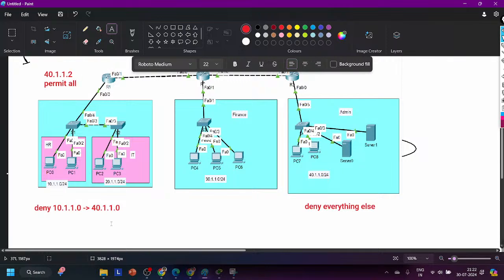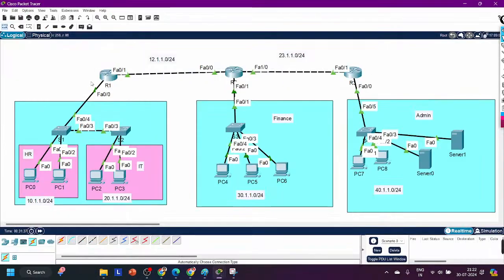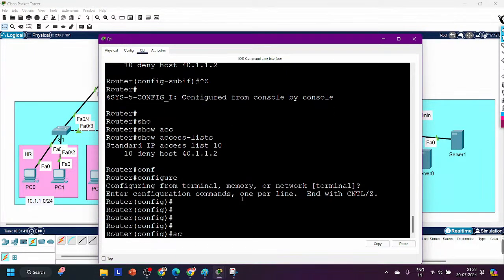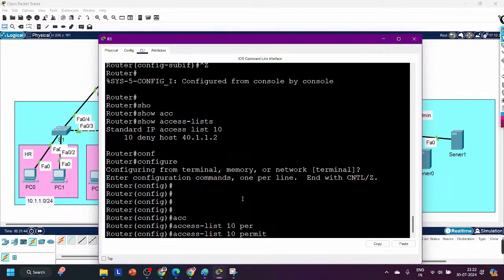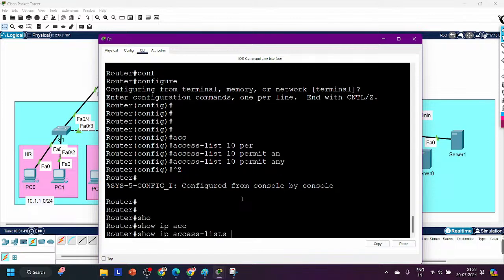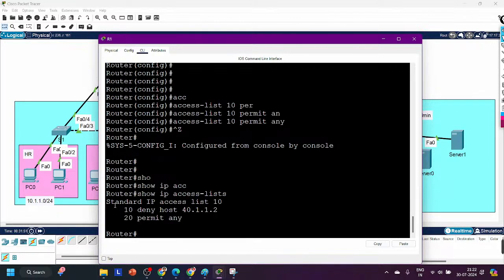So simply on router number 1, we need to add one more entry. Yes, brother. Tell me now. What is your question? Access list number 10 and permit any. Right? Now see, so IP access list. So we have now 2 entries, right? So always keep in mind, whenever you configure ACL, whether you are denying or allowing, at the last you will run this command, permit any. If you are not running this command, permit any, that means deny any is already running in the operating system,